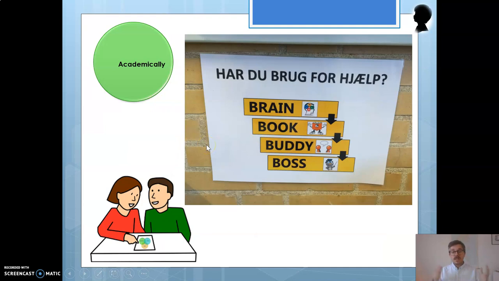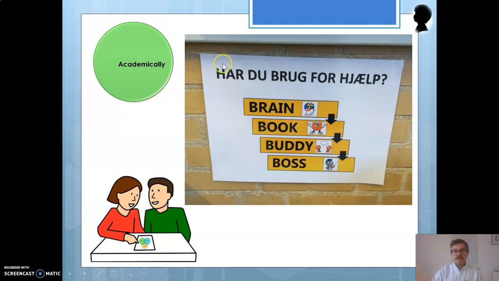I was so lucky to visit a Danish school, and here some of the teachers had found out that some of the pupils in the school were not academically included. They were excluded academically. It was because the teachers were expecting that the pupils would be able to take responsibility for their own learning process and be very independent. Most of the pupils were able to do that, but unfortunately some weren't. So the teachers tried to make these posters to help these children become more independent in their approach to learning.